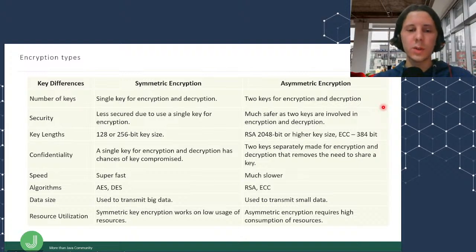Speed. Symmetric encryption is much faster. I compared some algorithms. They were 10 times faster than elliptic curve. Other algorithms can be even faster. And asymmetric is much slower. Symmetric encryption can even be implemented on the hardware level, making it even faster. Algorithms: AES or DES, and there is a whole bunch of symmetric encryption algorithms. For asymmetric, RSA,